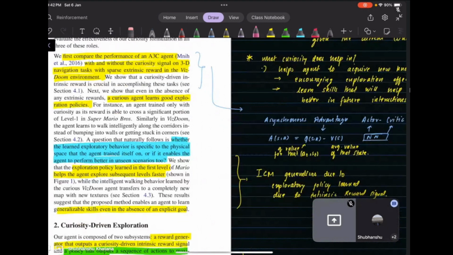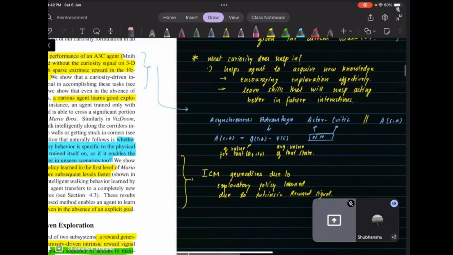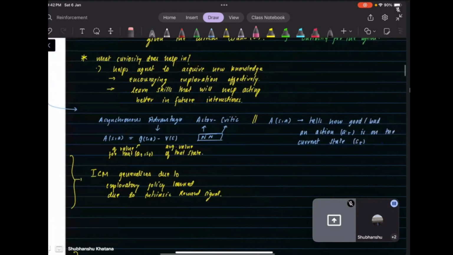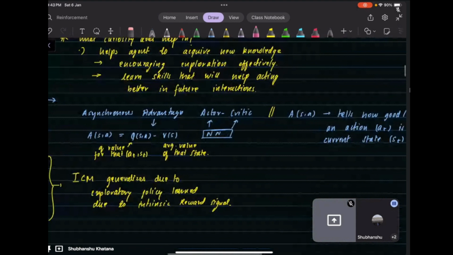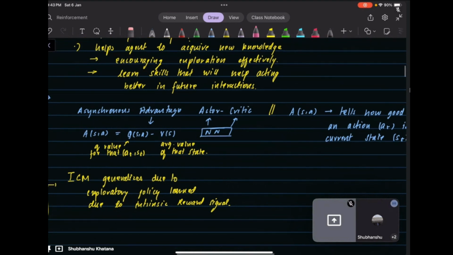There is an algorithm named A3C, which is the asynchronous advantage actor-critic. I guess you are familiar with actor-critic methods, but if not, I'll tell you how they work. Actor-critic networks work in a way that the actor and the critic are two simple neural networks, and the action is taken by the actor, which updates our policy, and that outputs